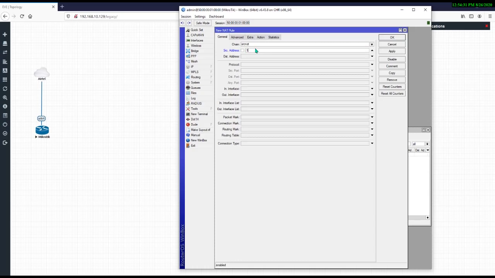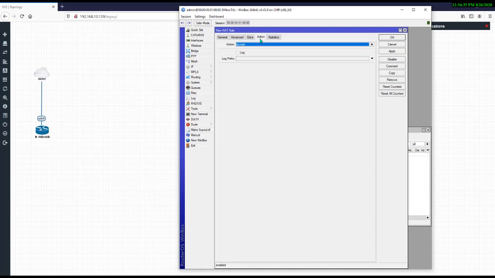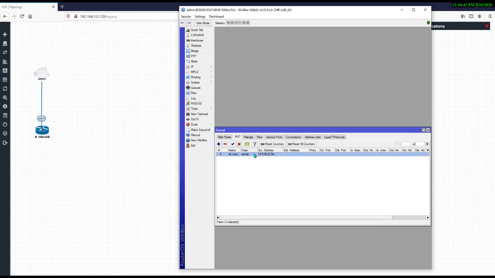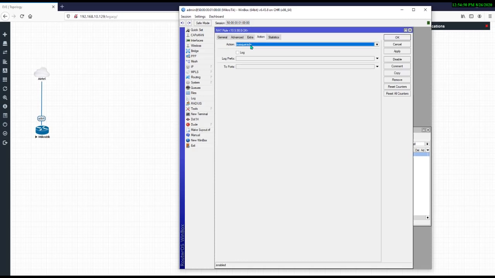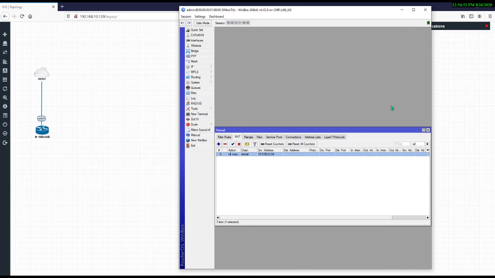Give the complete network with /24, and in the action select masquerade, then apply and OK. Here you can see the source net 10.5.50.0/24 and this masquerade rule. So now it will transfer your LAN traffic to the internet.